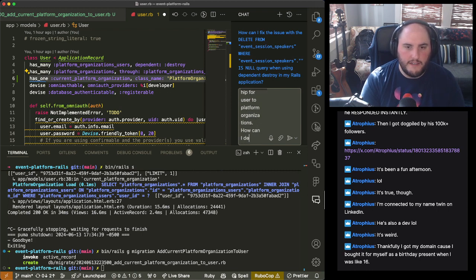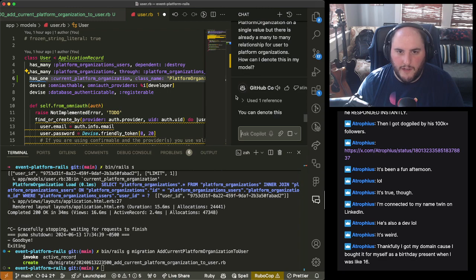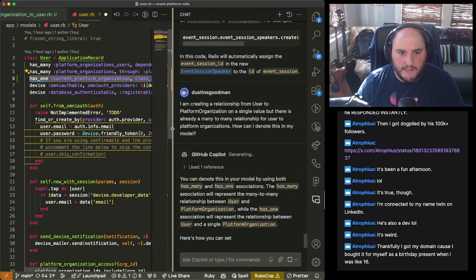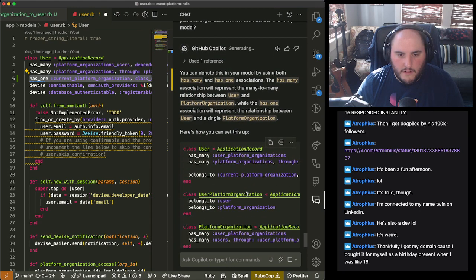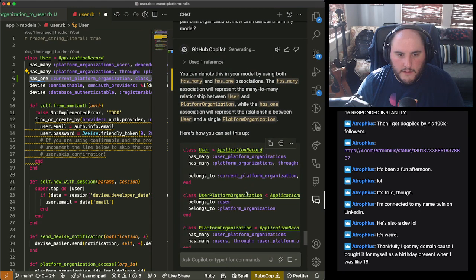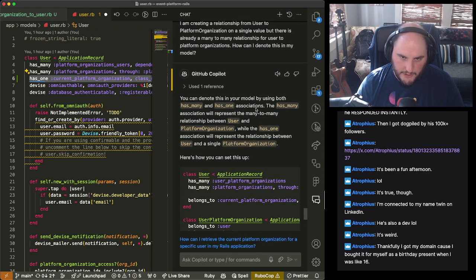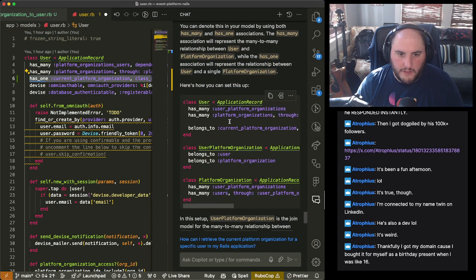How can I denote this in my model? Let's see what Copilot says. So Copilot's saying you can denote them as has one. You can denote this in your model by using both has many and has one associations. The has many association will represent the many to many, while the has one will be what I'm looking for.